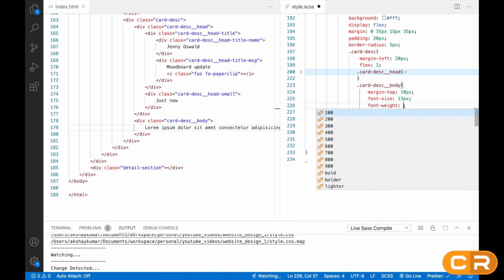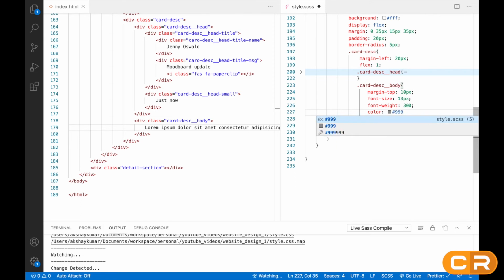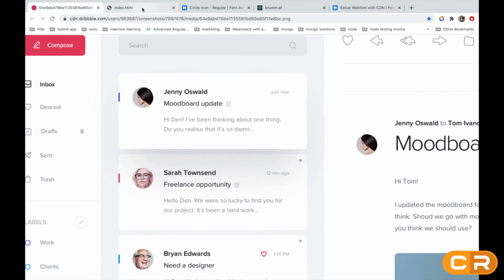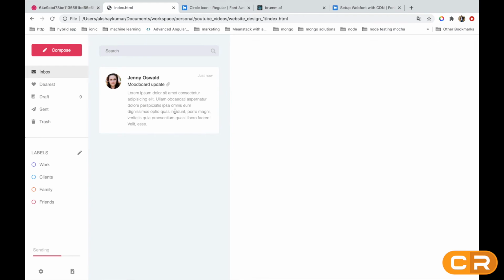Font weight will be 300, that is a very light font, and color will be gray. Okay, and we have to give some line height also, that will be 20px. So it will look like this.